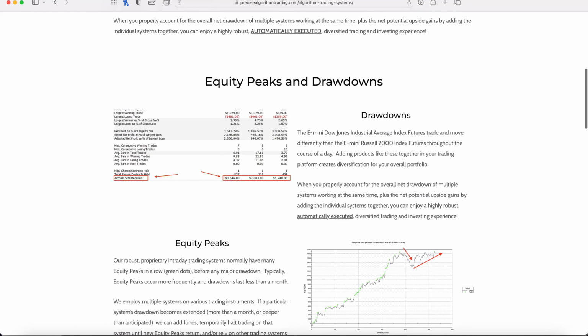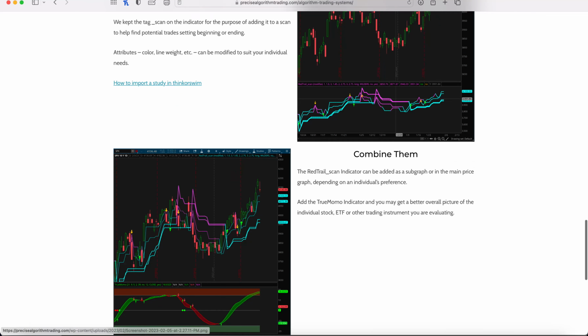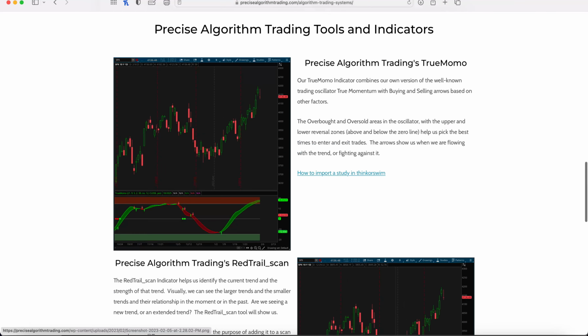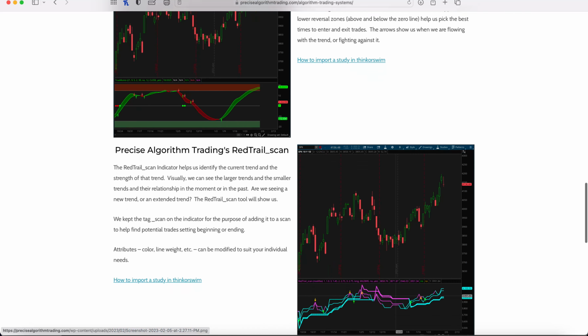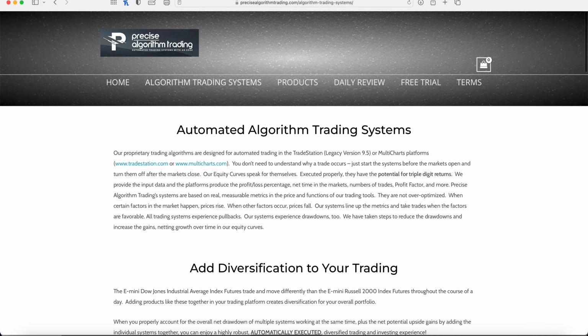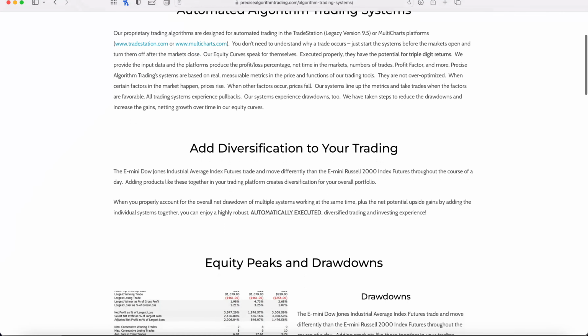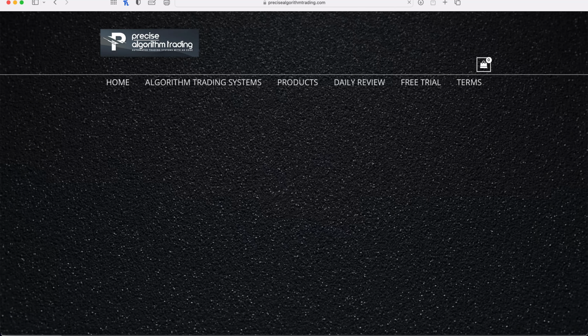All this stuff matters and it's all good, and these indicators inside of here are one way to trade the markets by hand, and we use Thinkorswim for that. We've gone through it many times, but really our big thing is TradeStation and MultiCharts and having automated algorithm trading systems. So on our home site, we actually